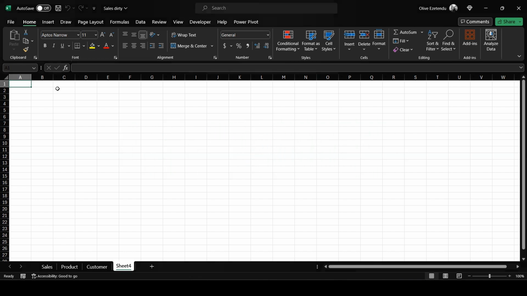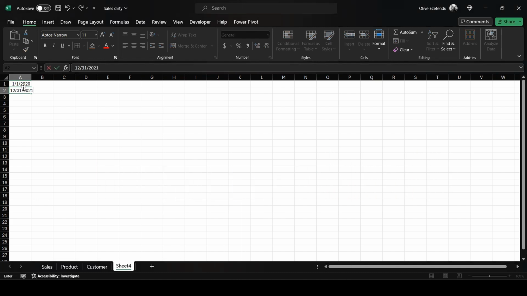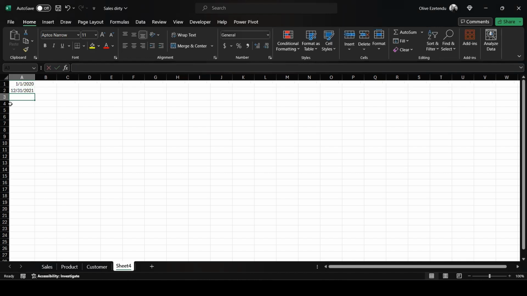Let's get started. So we're going to be using formulas to do this. Now let's say our data contains sales dates from 1st of January 2020 and it ended at December 31st 2021. All right, so if this is what it is and we want to create a date table for this 1 year or say 2 years or whatever it is, all we need to do is